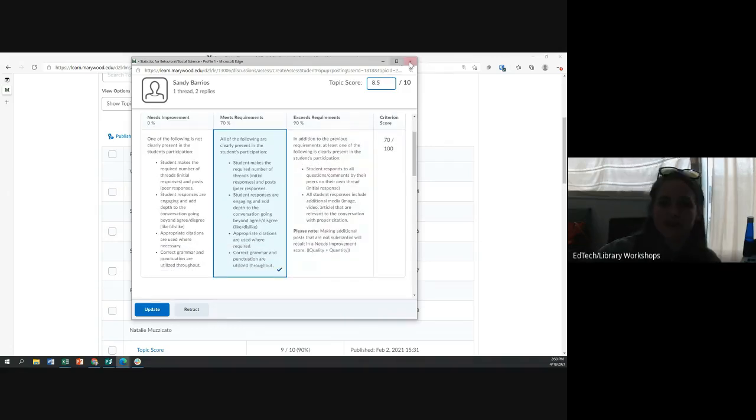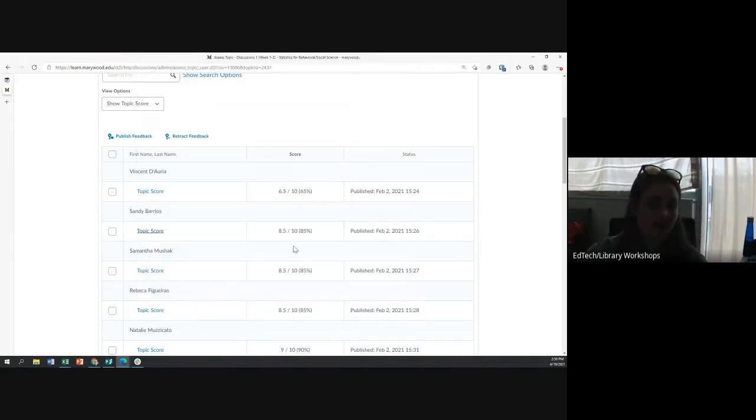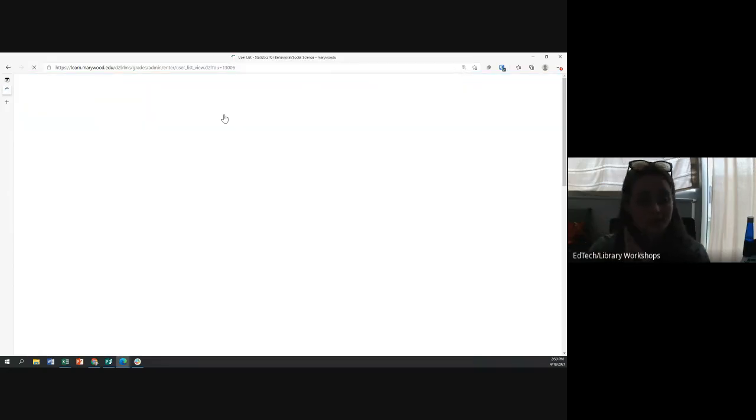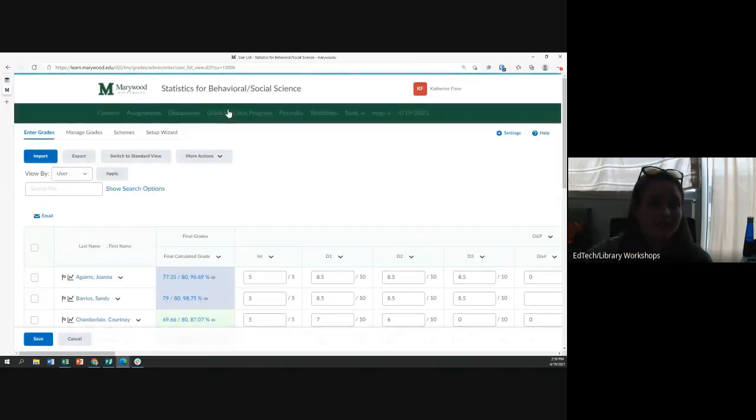But so you can see all of that there, and all of the scores that I enter here will directly populate on the grade book. So I didn't enter them in the grade book. I entered them on the assignment, and they're connected. The same thing happens with quiz scores, with assignments. As long as you are on that assessment tab,